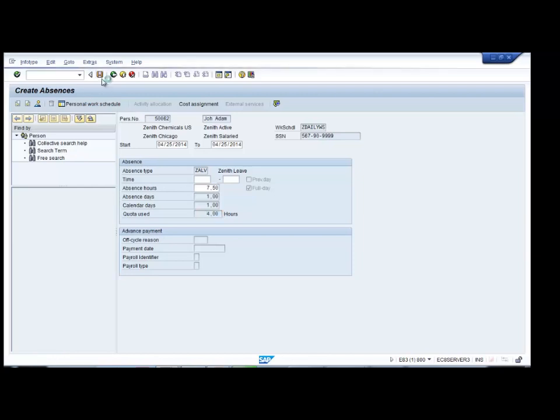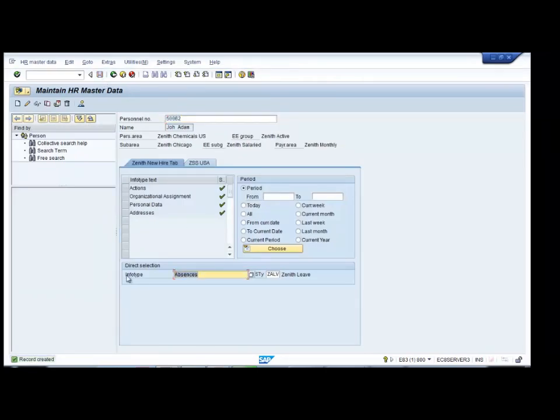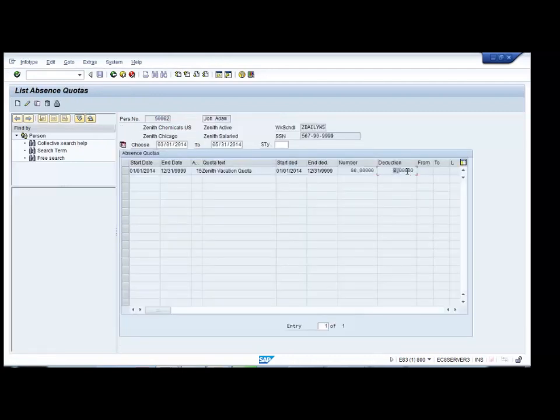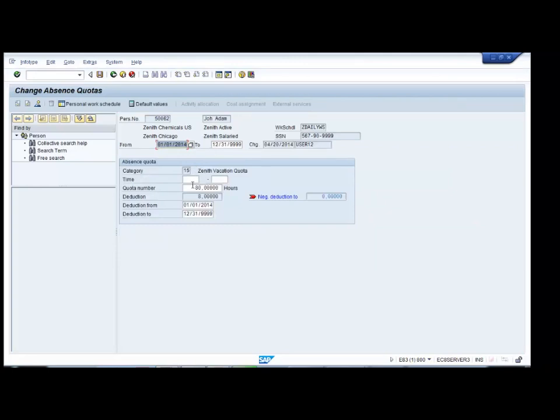I am saving. Now once I save it, let me go back to the quota and see whether it got deducted or not. Let me go to the overview. See here, the total is 8. Previously it was 4. Now it added another 4. The total deducted is 8. If you want to see, click on the change icon. It will show you the screen in a different way, but it shows the same details. There is no difference, only the way it looks is different. It says that the quota total hours is 80, the deduction of 8 has already happened, and this quota is valid from 2014-1 to 12/31/999. Normally you give it for 1 year, like 2014, but for testing purposes I just gave this number.